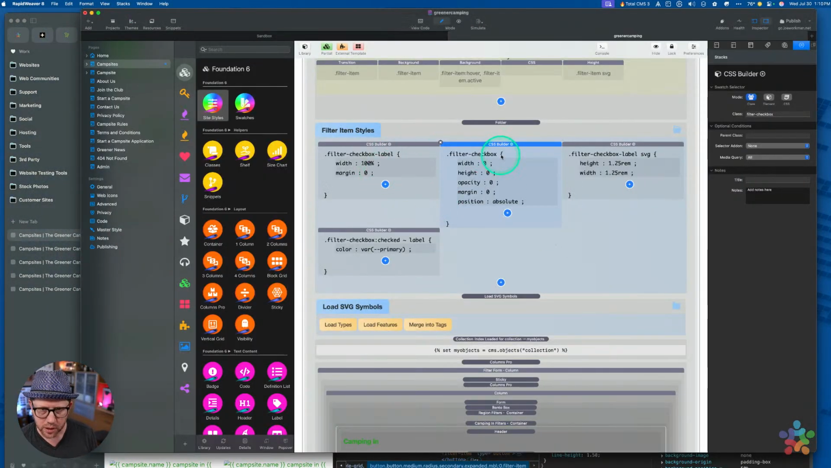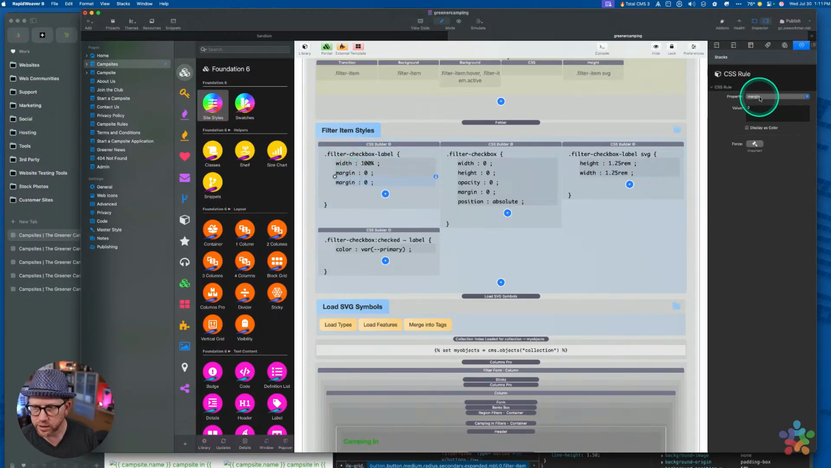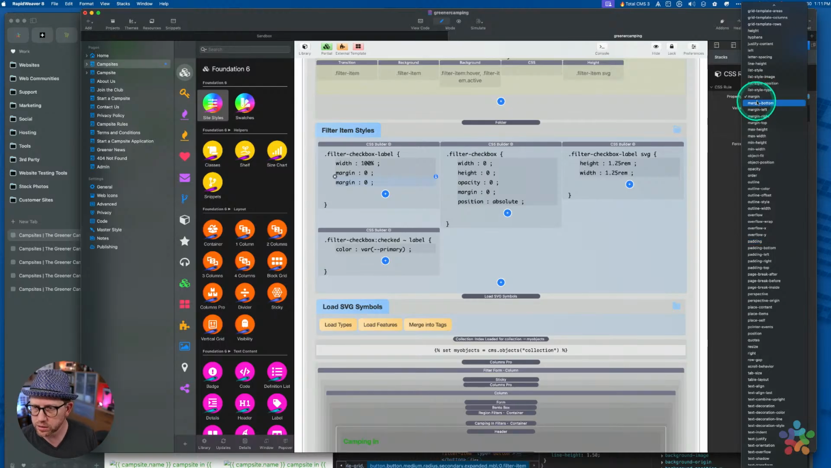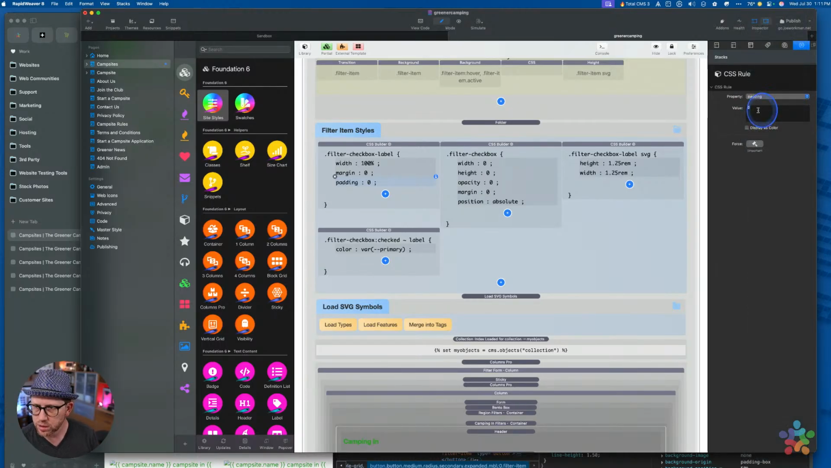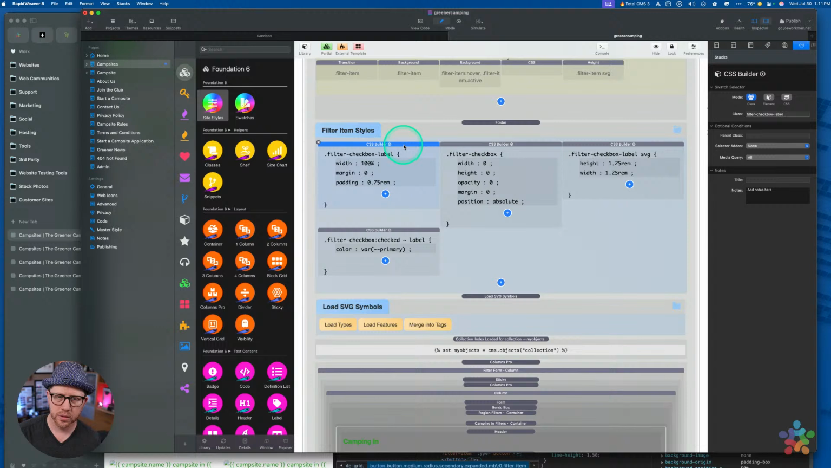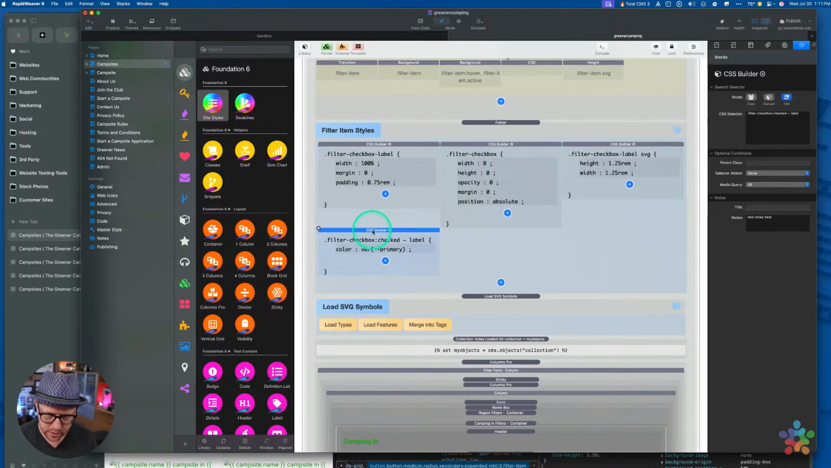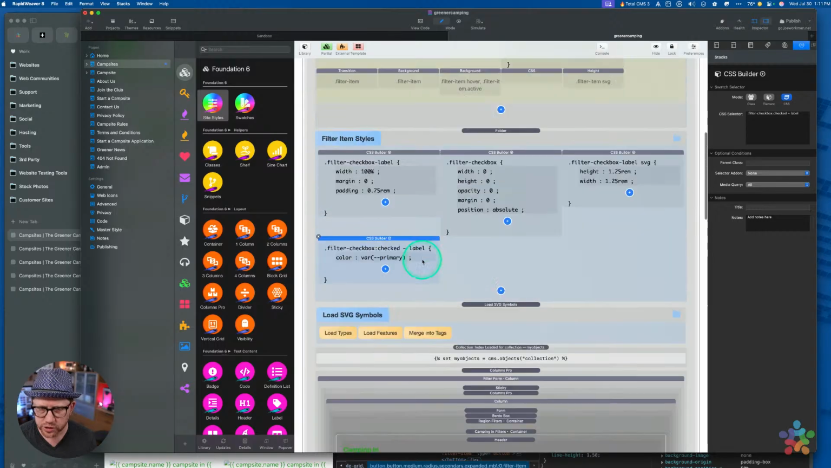Okay, so on the label, which is this guy right here, we're going to add in padding, 0.75 rem. Okay. And then we are going to need, when it's checked, two things we could do. For border radius,